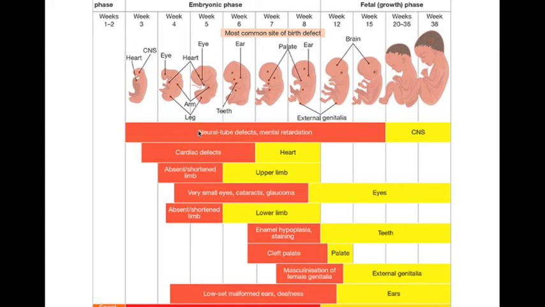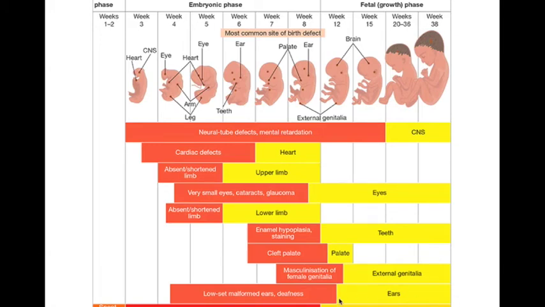You can see there in your central nervous system, from about week 2 onwards, you can get problems there. Your heart forms at about week 3. Your upper limbs, week 4. Your eyes around the 4th to the 5th weeks. And then lower limbs, teeth, and you can see there's a progression moving forward. The red indicates all the major malformations that occur, and the yellow ones usually are the minor